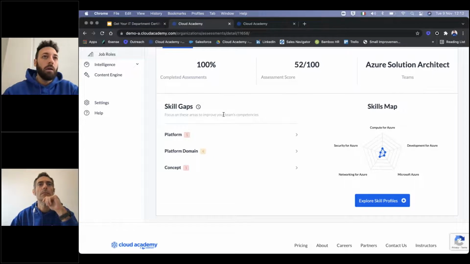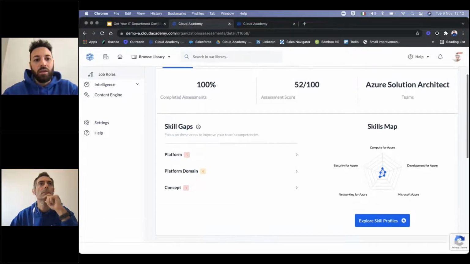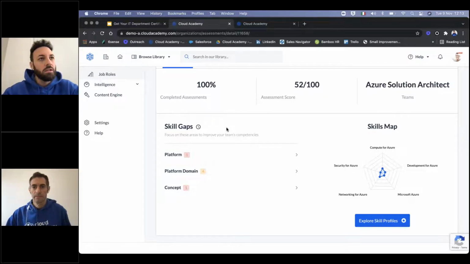And basically, with the support of our customer success manager, you can define what will be the best training plan for the people that don't have at the moment some specific skills that you need, for example, to prepare the people for a specific project or for a specific certification.